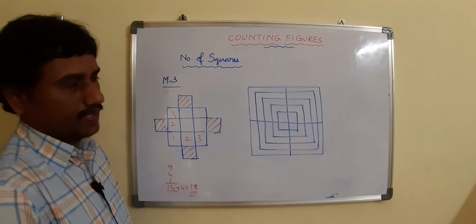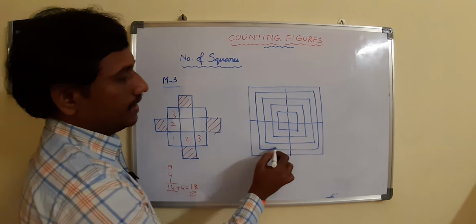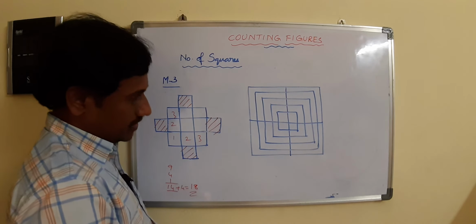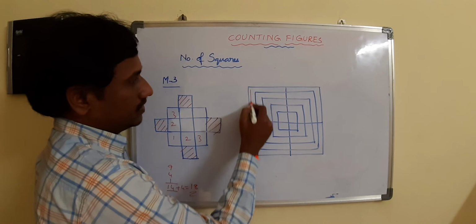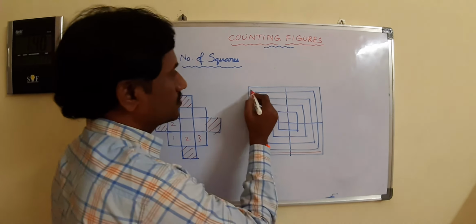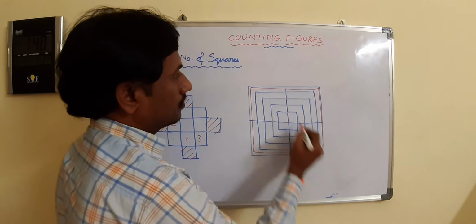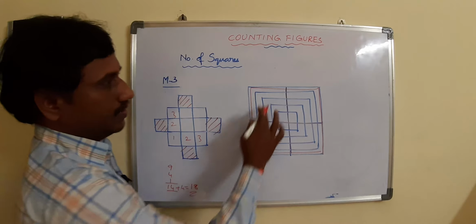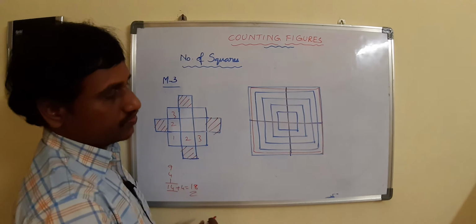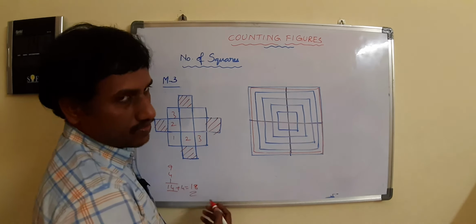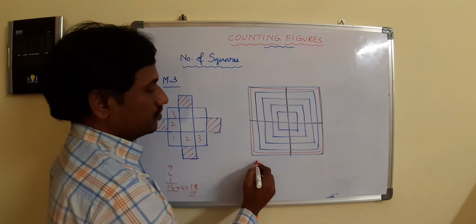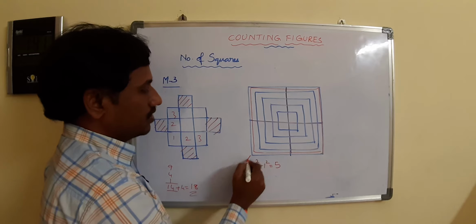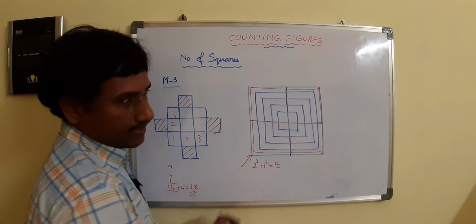Here, whatever it may be, forget about all inner squares. Okay? Then if you forget all inner squares, what is the final thing we are having? This one. This is the outermost. This is the line. And it is what? 2 by 2. Forget about all these inside lines. Then it is 2 by 2. Then 2 by 2 means total how many? 2 by 2 means the highest is 2, so 2 squares plus 1 square. Total 5. Because of this outermost square we are having 5.